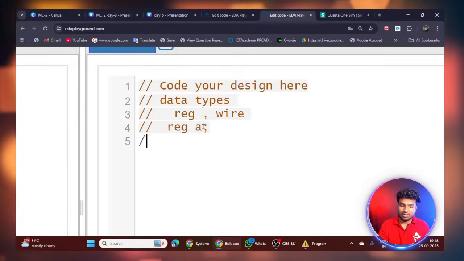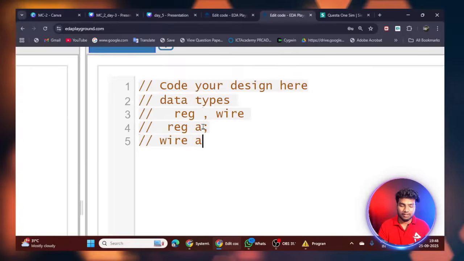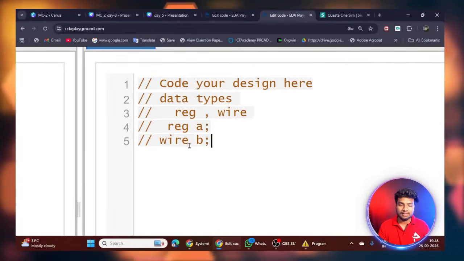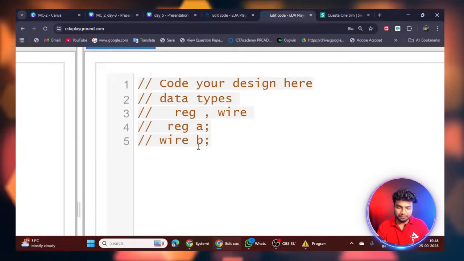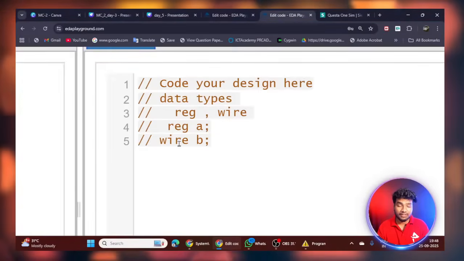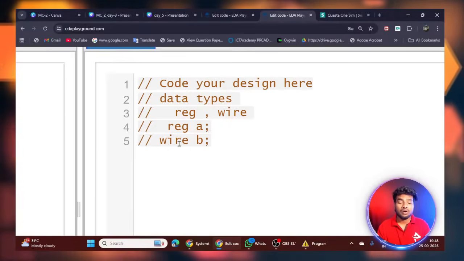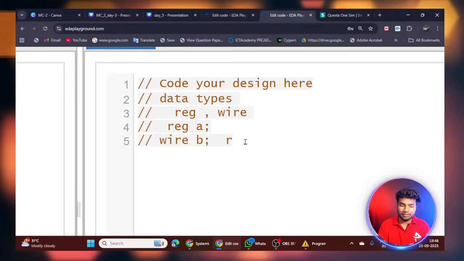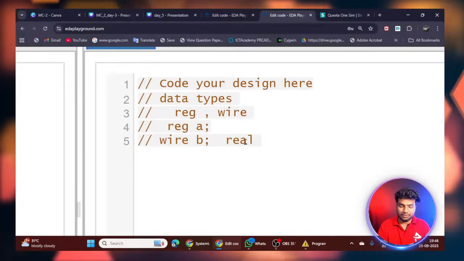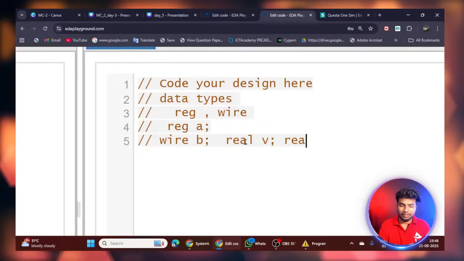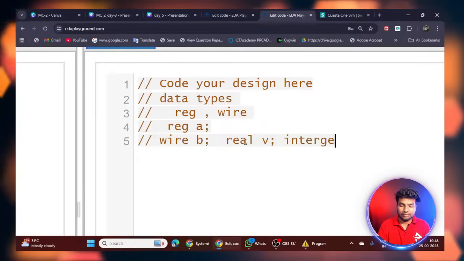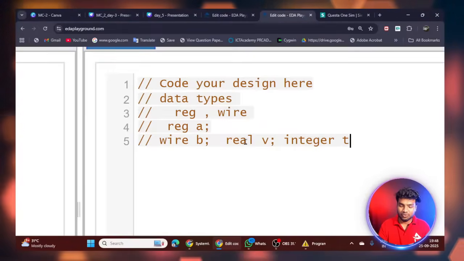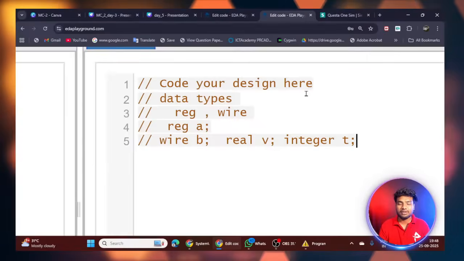Also I can create wire a or wire b, which are other signals with the data type wire. In the same way, I can use real c and integer t. So this is how we can declare the signals.